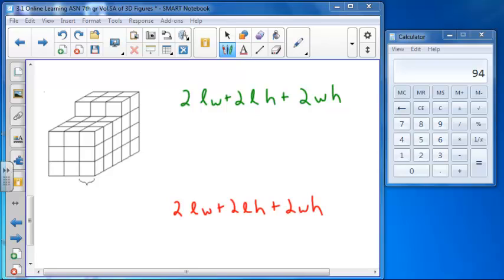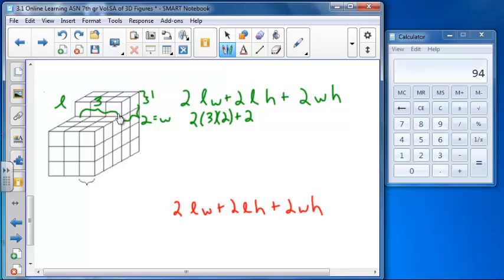The dimensions of the top: the length is 3, the width is 2, and the height is 1. So as we begin to use the formula, 2 times the length times the width plus 2 times the length